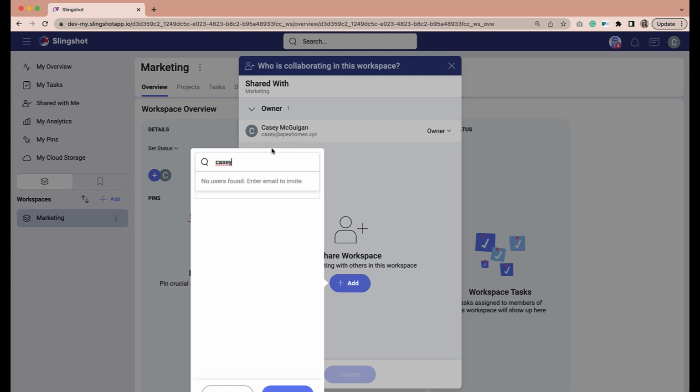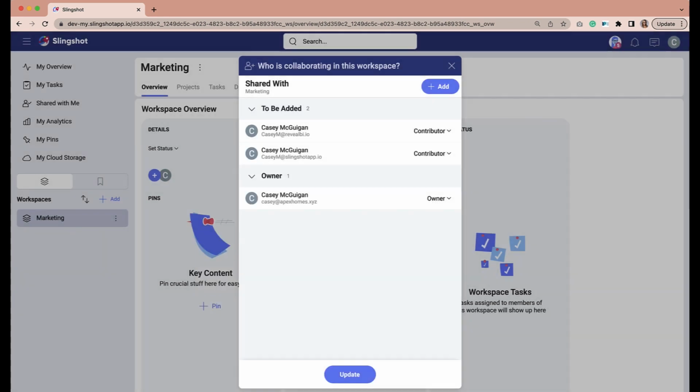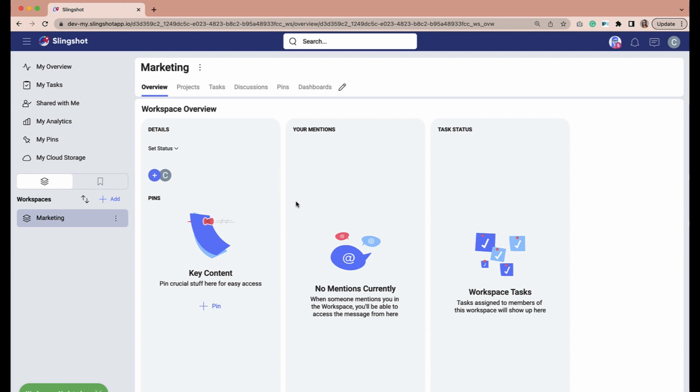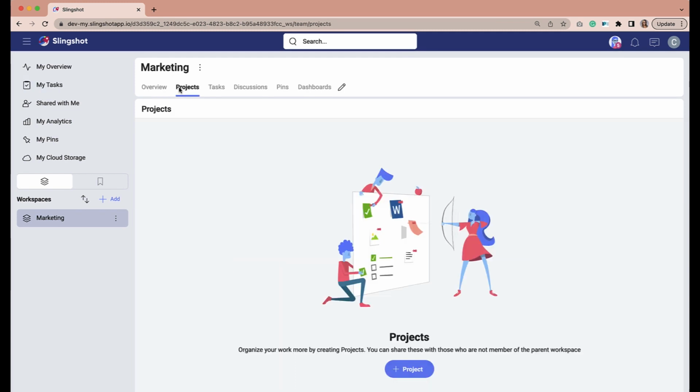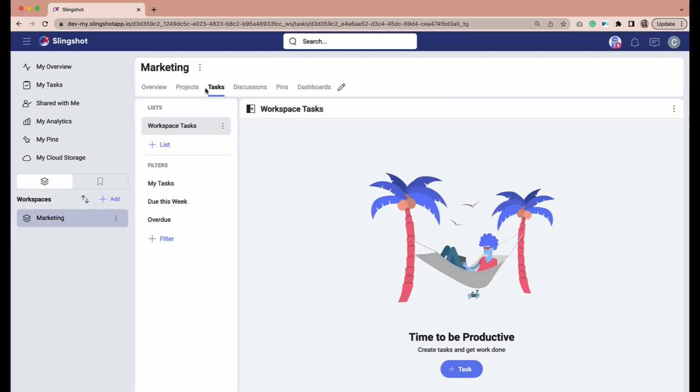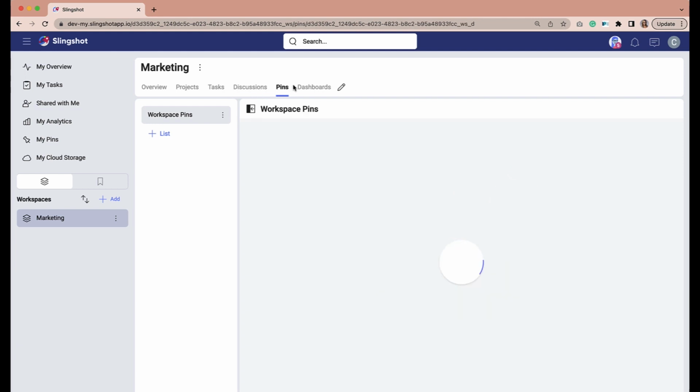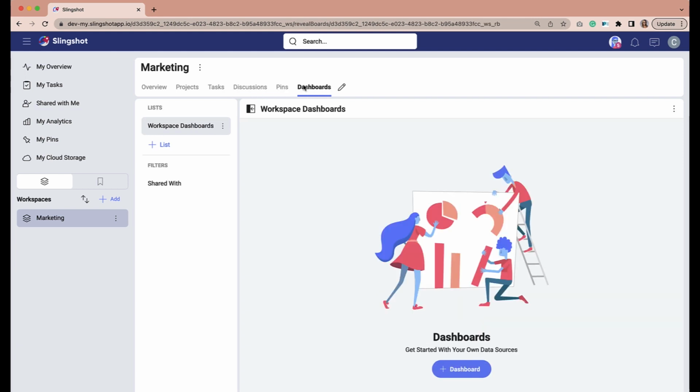See if I can grab another user of myself in here. Looks like I can maybe grab one more of my emails. I'll hit done, and then I'll just hit update. So now I got 3 people on here. So within each of your workspaces, so now this is my marketing workspace, and I have all of my different projects that I can run. I have different tasks that I can create for marketing, discussions, pins, and dashboards, which I'm going to show you